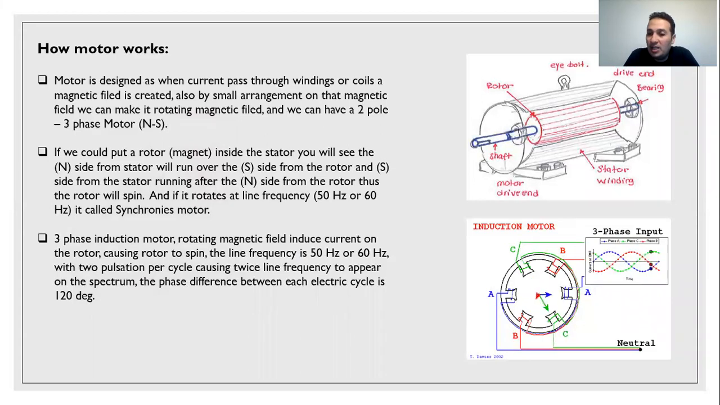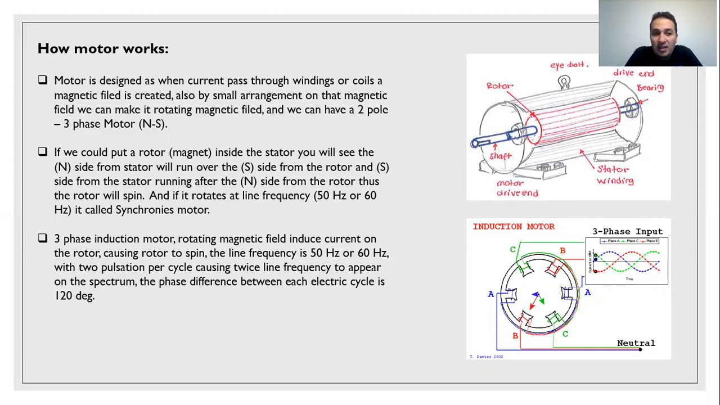Before we start talking about the motor fault analysis, we will have a very simple and quick explanation of how the electrical motor works. The motor is designed so that when current is passing through the winding or the coils, a magnetic field is created on these coils, and also by a small electrical arrangement, which we don't need to know exactly all the details. This magnetic field can be a rotating magnetic field, and we can have, for example, a two pole three-phase motor. And if we put a rotor, which can be considered like a magnet, inside this